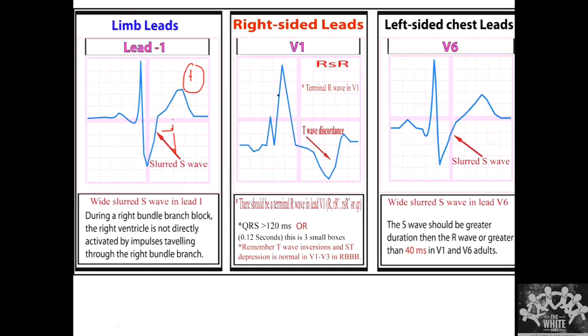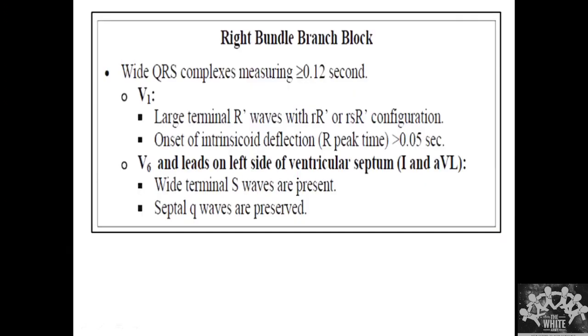So this is one of the points. This is called T wave discordance, which is absolutely normal, the rule of appropriate discordance. Same thing here also: you see a positive T wave, an inverted wave here. When you see this along with some T wave inversion, and the S wave is wide in lead 1 and V6, this is called a right bundle branch block. You know the causes: most commonly ischemia, aging, normal physiology, etc. This is the criteria: a large terminal R wave or RSR pattern and a wide terminal S wave is present.